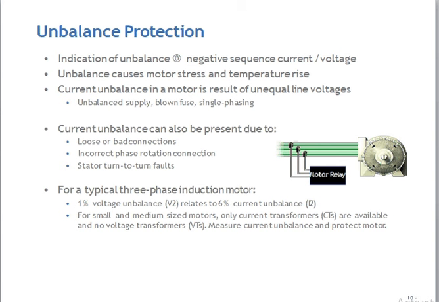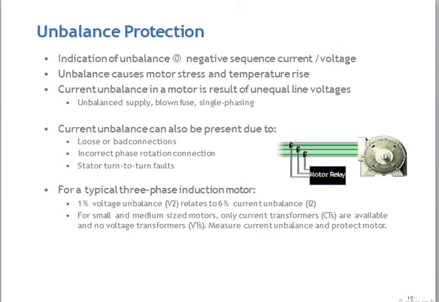For small and medium sized motors only current transformers are available, and no voltage transformers, so we measure the current unbalance and protect the motor. We are not using PTs, potential transformers, for motor protection. We are using only CTs in motor protection.